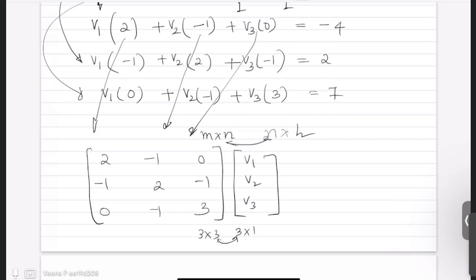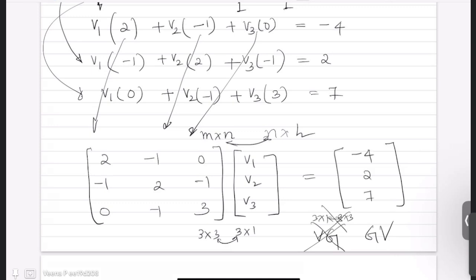Note the point, you can never write V into G. Always write G into V, because V into G is a 3 by 1 matrix times a 3 by 3 matrix. This multiplication cannot be done. So this is equal to your I matrix. I is minus 4, 2, 7. So you got your